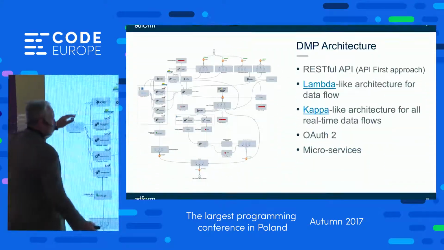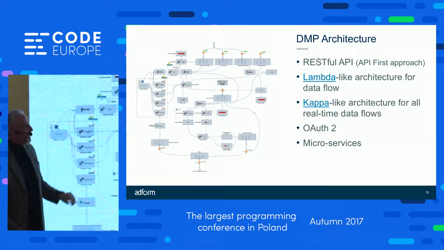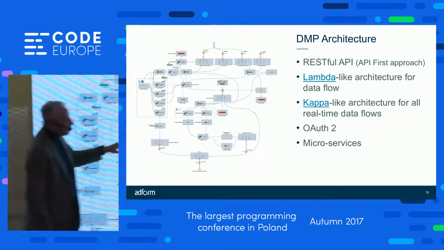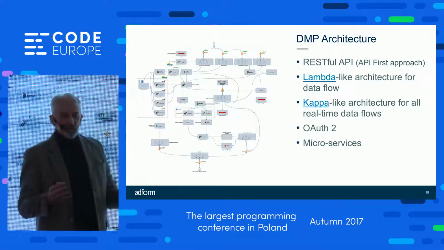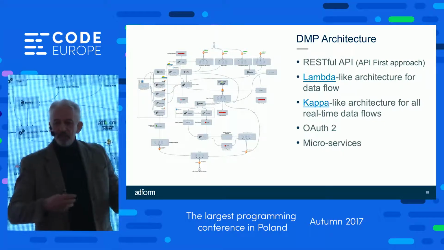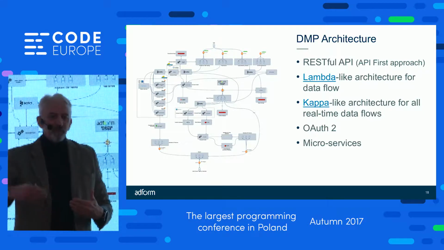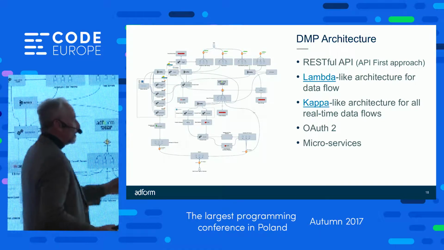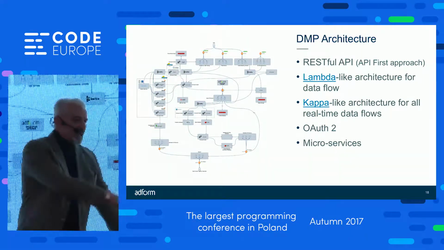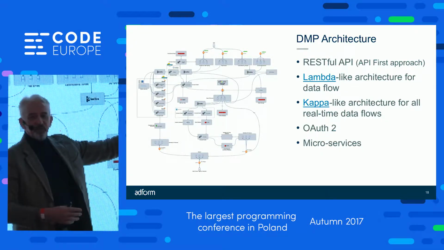So this complex picture over here, which I'm not going to elaborate, is the way our architecture works. We have a flow of real-time data come in, so we use a Kappa style of architecture. If you're not familiar with that, think of a log structured write where you're writing always at the end of the log very quickly, and it's an immutable record that you're writing. We have a Lambda type architecture that takes all of that stuff, not in real time, but, if you're a Spark person, it's like Spark streaming.